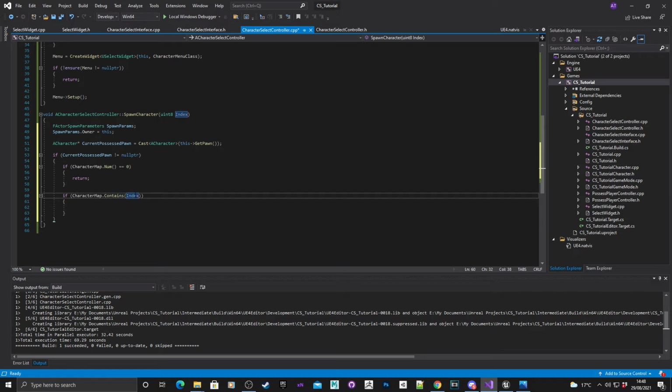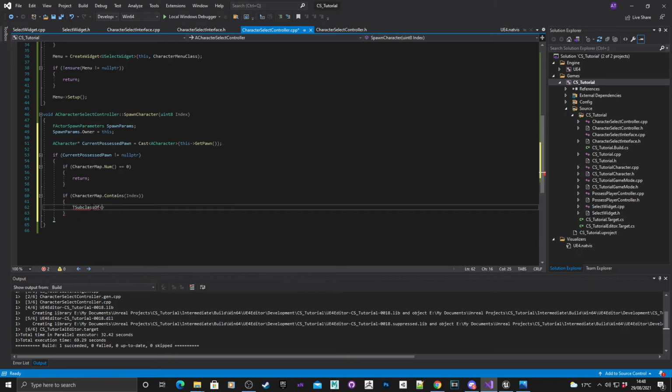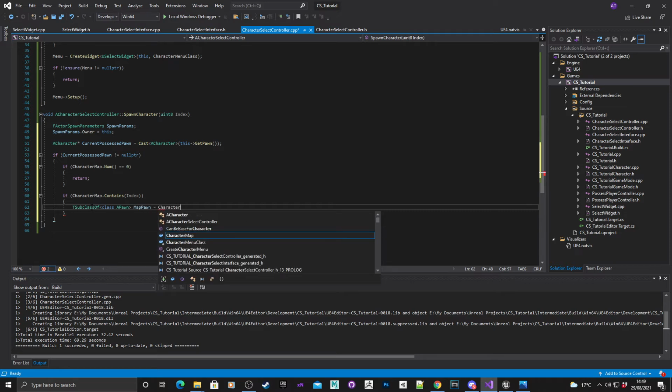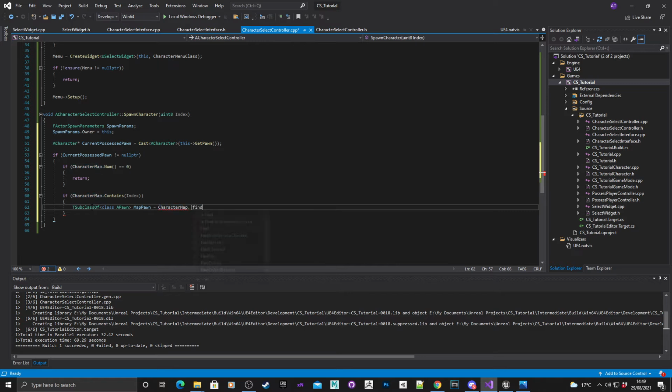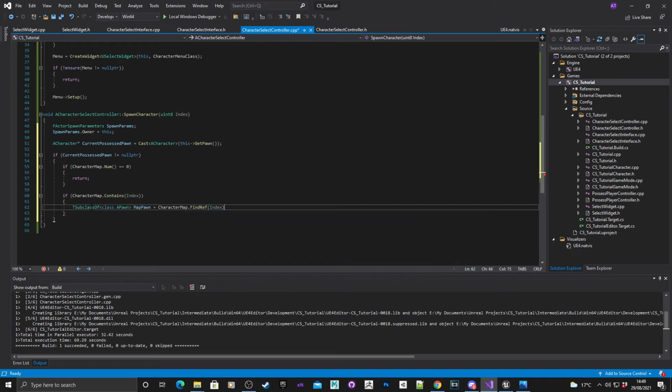So okay then, next we're going to check to see if it contains that particular index. Get a T subclass of class a pawn. Map pawn equals character map find ref. What find ref does is it searches through the dictionary and sees if that key value is in the dictionary. Okay then, so